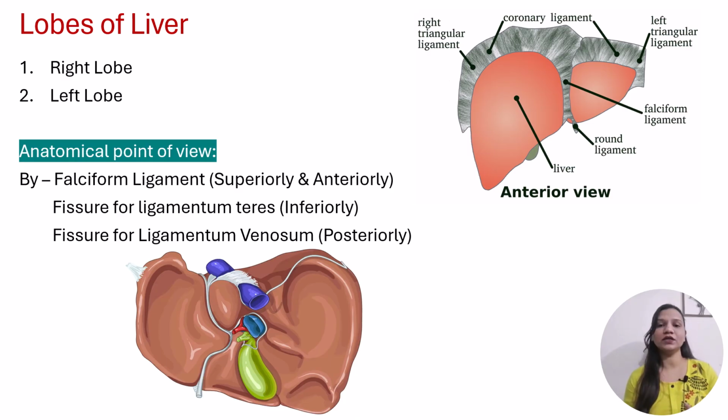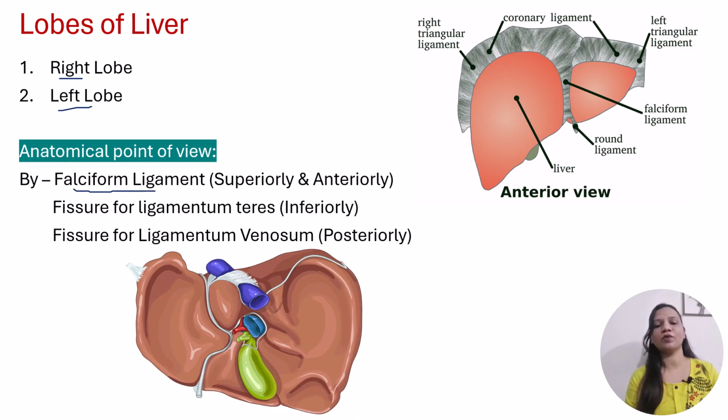Anatomically these lobes are separated by different structures, and functionally or physiologically the two lobes get separated by different structures. First we will see the anatomical point of view, how anatomically there are two lobes in the liver. So we know that there are two lobes, right and left lobe, and anatomically these right and left lobes are separated by,